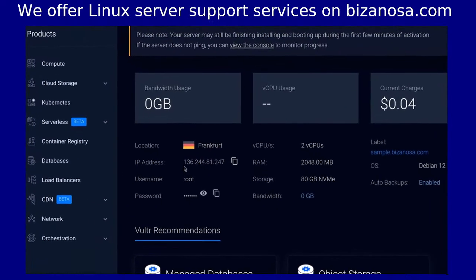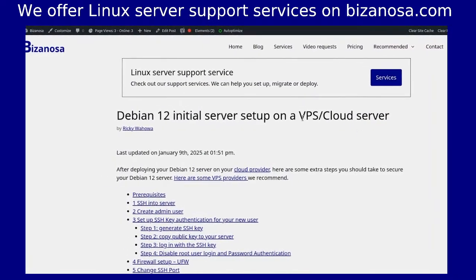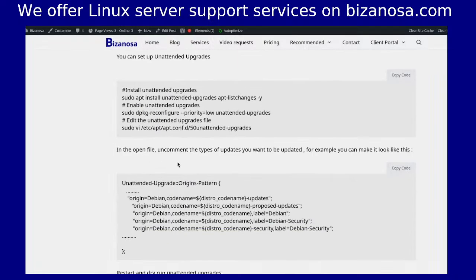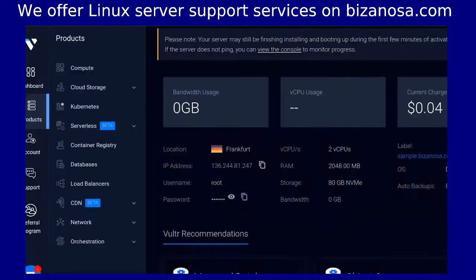Before I log into the server, I'm going to use my Debian 12 initial server setup, and I'll add the link in the description. In case I forget, just remind me. So what I'm going to need is here under Setup Automatic Updates. So I'll try to log into the server. Come here, I'll copy the IP,